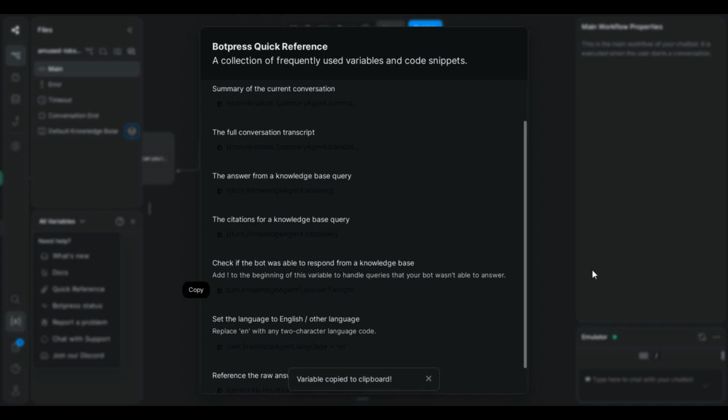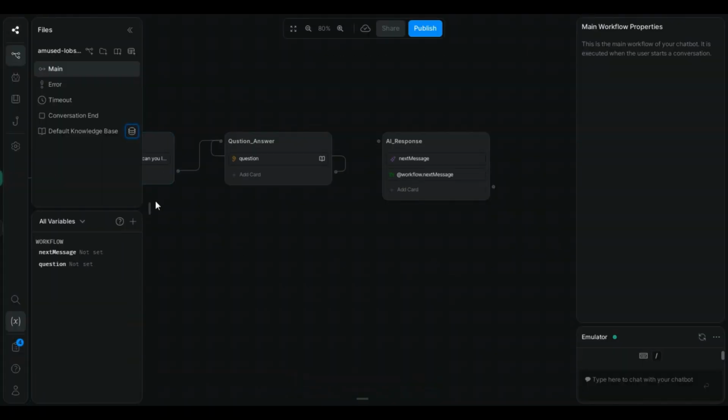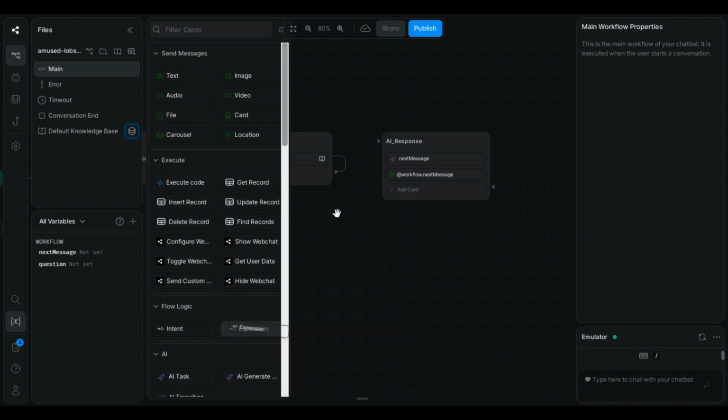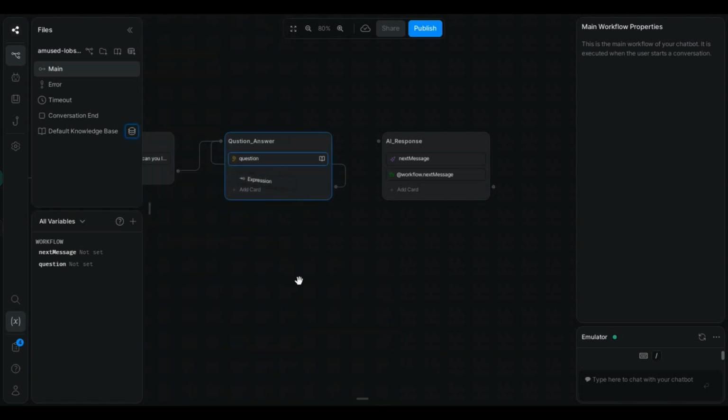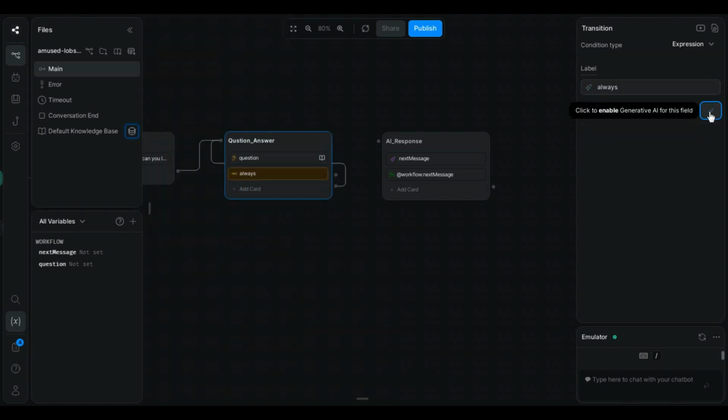We're going to click this, it's going to copy it, and now we are going to add an expression card right over here. Let's disable the AI thingy, and we are going to paste the thing that we just copied,